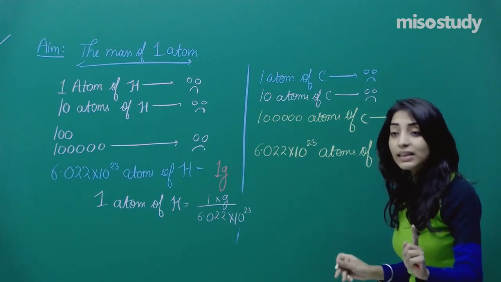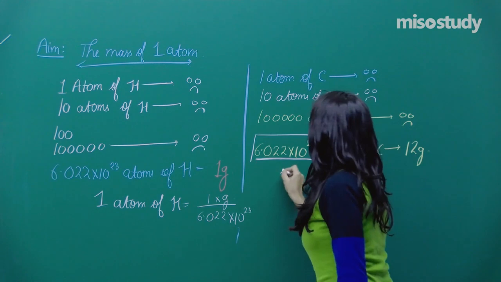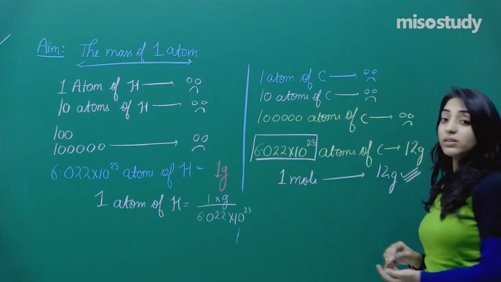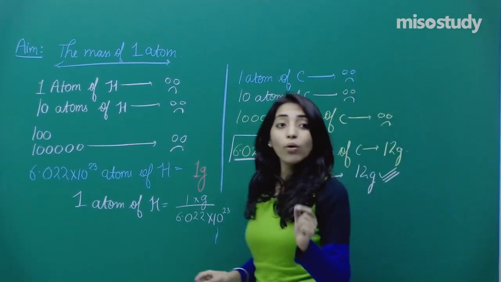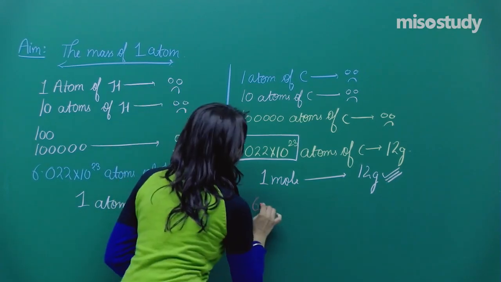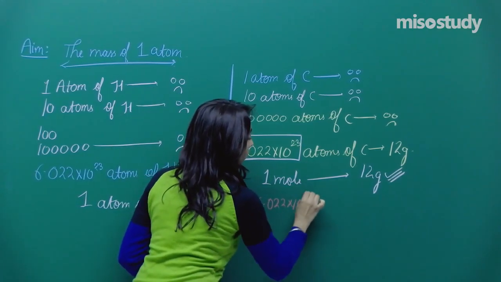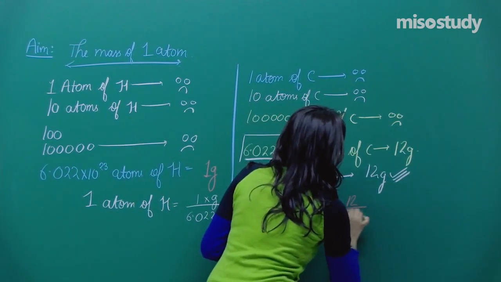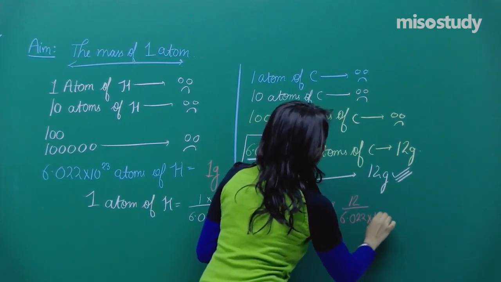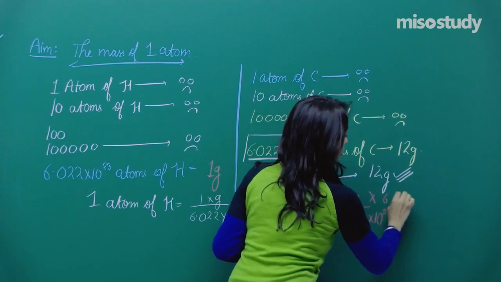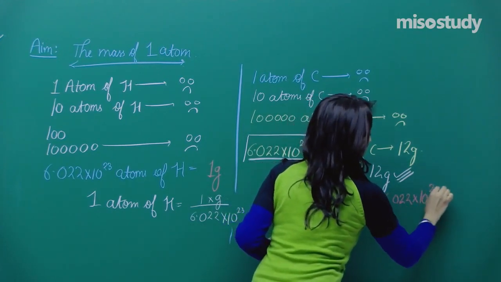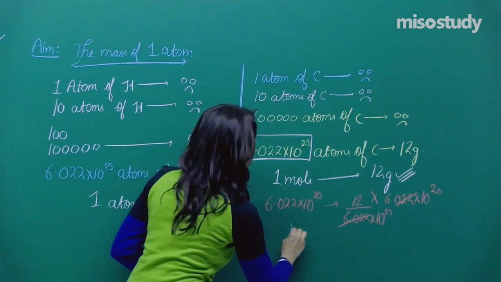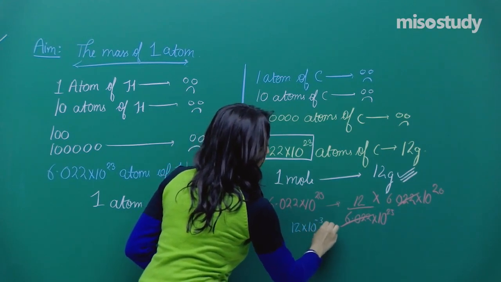Guys, listen. Earlier, these many number of atoms, that means 1 mole of carbon atoms, was found to be 12 gram. Listen to this value carefully, 12 gram. Now I am changing the value of 1 mole. I am making it 6.022 × 10^20 only. Then the mass will be found to be 12 by 6.022 into 6.022. Guys, don't you think a very different number is coming? So finally we are getting 12 × 10^-3 grams.